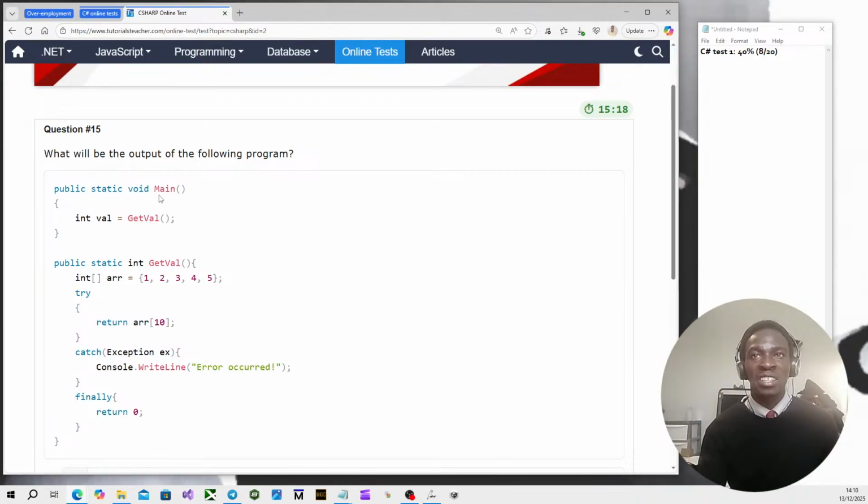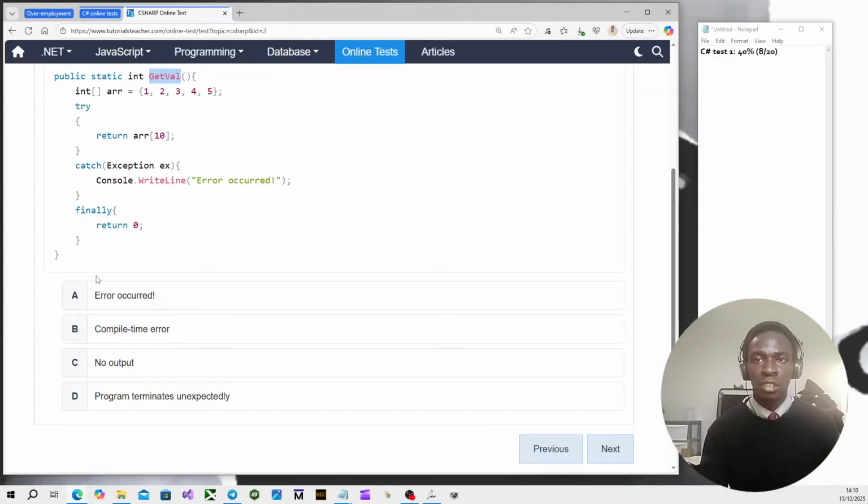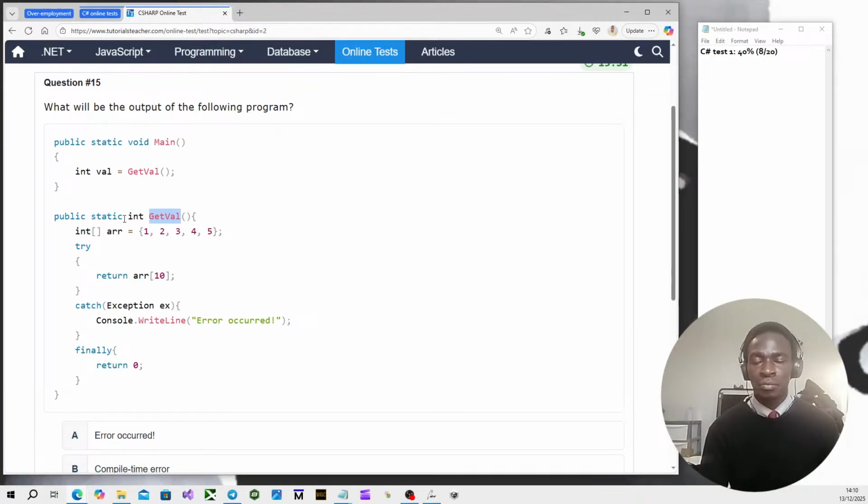What will be the output of the following program? Probably static void main. I've got a main function, get val, so I'm calling this function here. The options: error, compile, no output, program terminates. Some kind of undefined behavior in a sense. Well, for starters, what's the return type of get val? Static int.